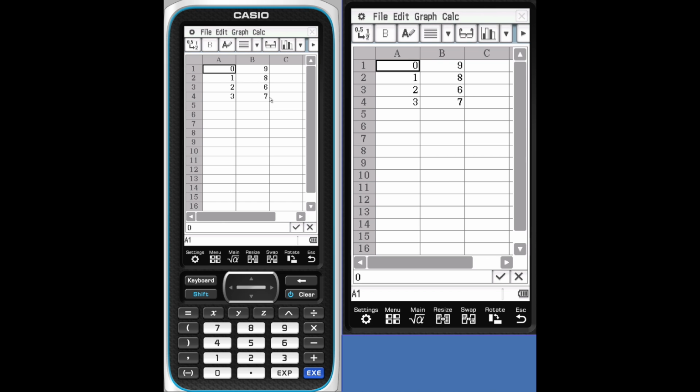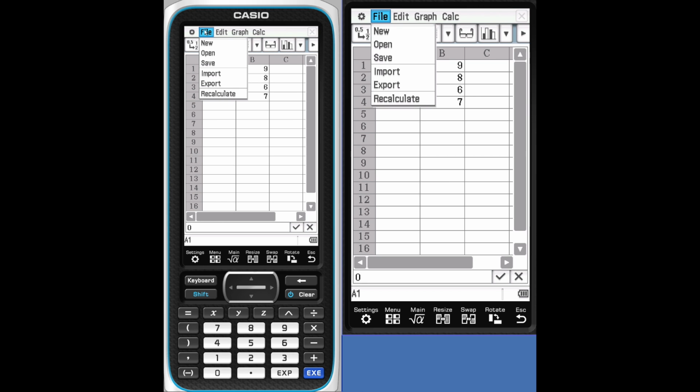This does work very similar to regular spreadsheets, similar to Excel, not nearly as powerful as something like Excel or Numbers on your Mac, but still, nonetheless, it's a very powerful spreadsheet application. Take a look at our options here.